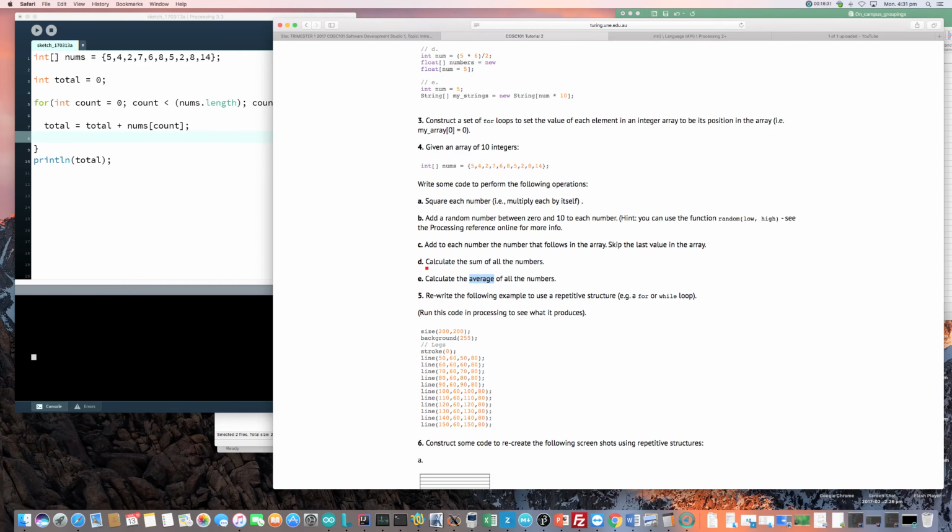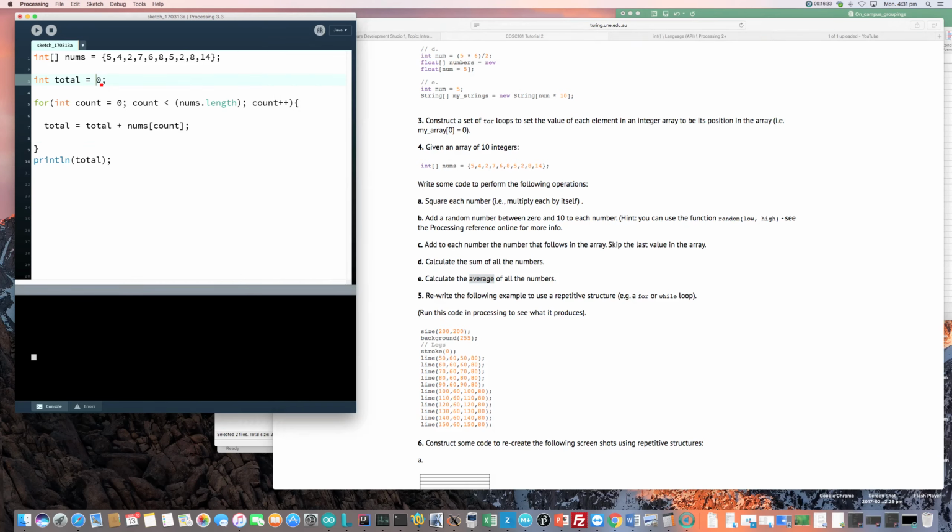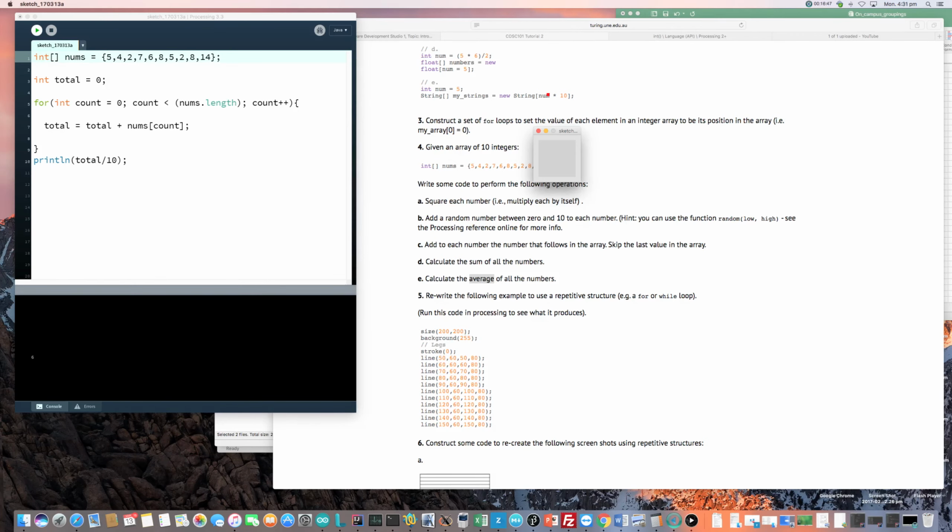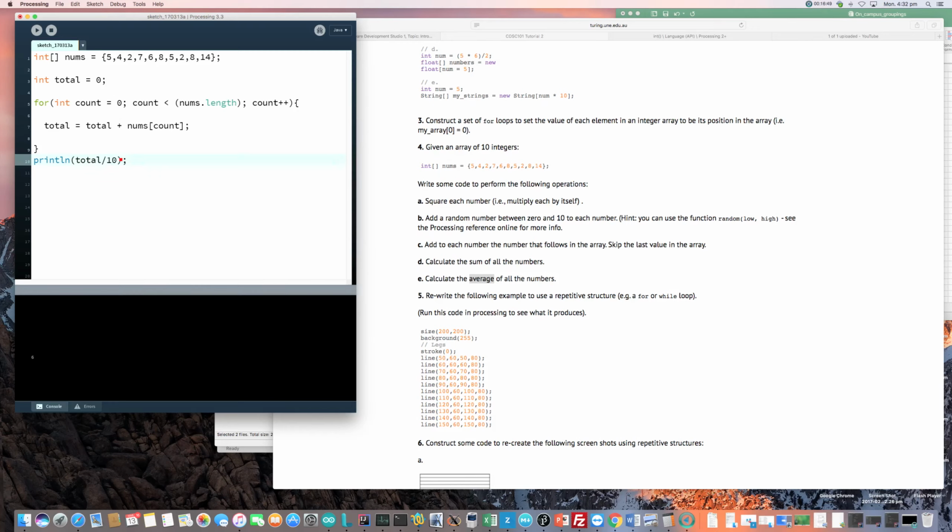So what we mean by the average is the mean of all of our numbers. So all we actually need to do, if we want to do it a really easy way, is we just divide our value by 10. So that will give us our average, because we have 10 numbers in here. So if we do that, that will work quite well. The average is 6. Another option is to divide it by count